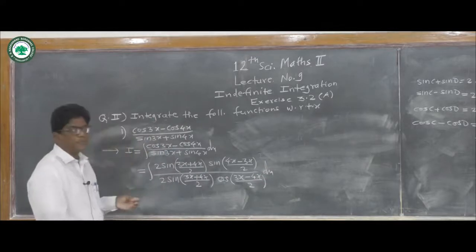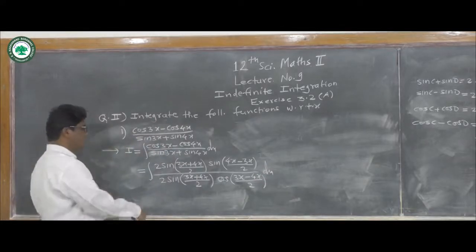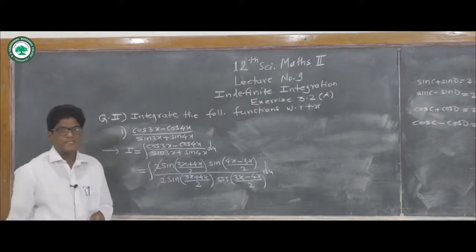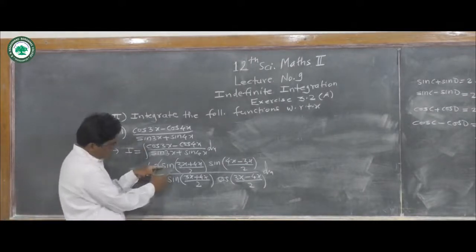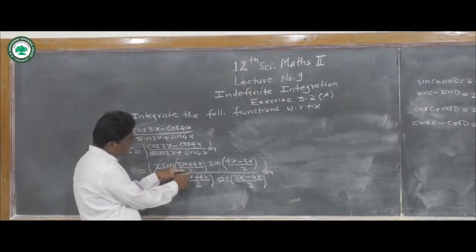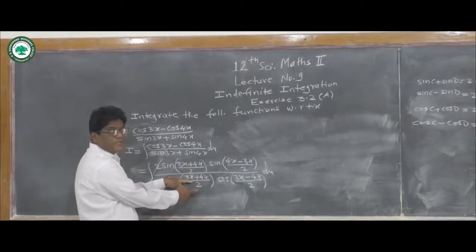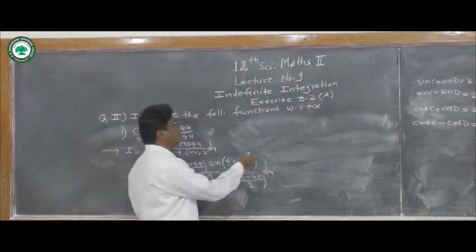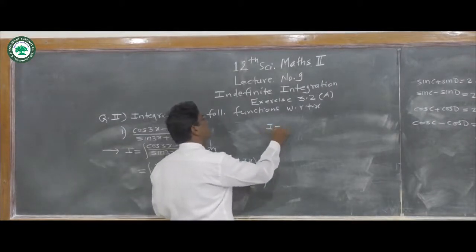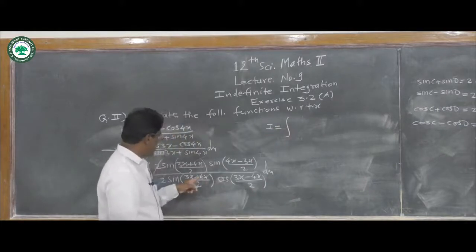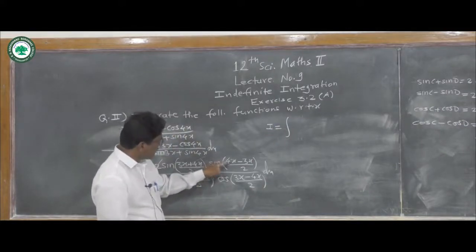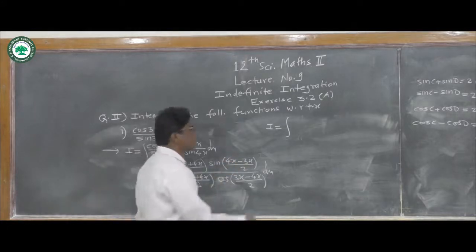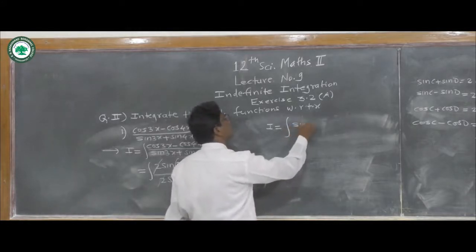Now observe the numerator and denominator. Here we cancel this 2, and this part sin of 3x plus 4x upon 2, and here also sin of 3x plus 4x upon 2. Cancel this also. Now what remains? I is equal to the integration of, in the numerator, sin of 4x minus 3x, and 4x minus 3x is x. So sin of x by 2